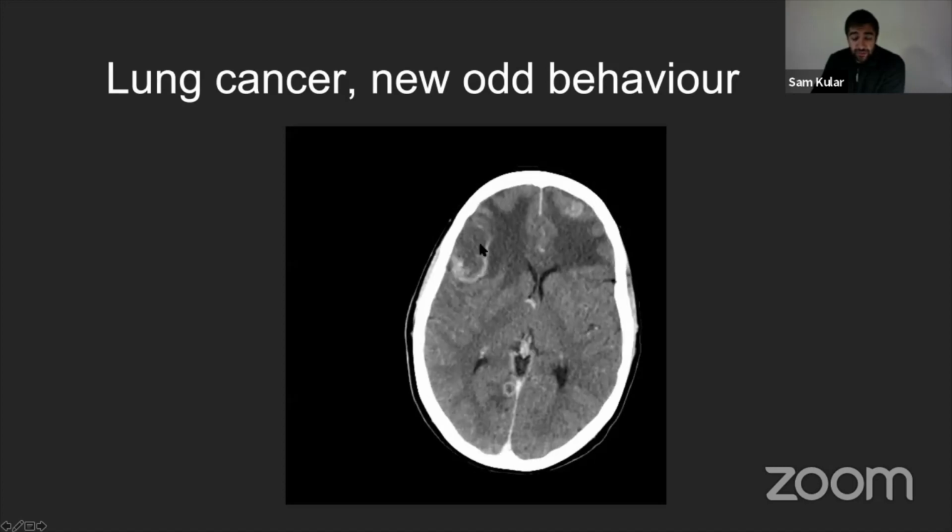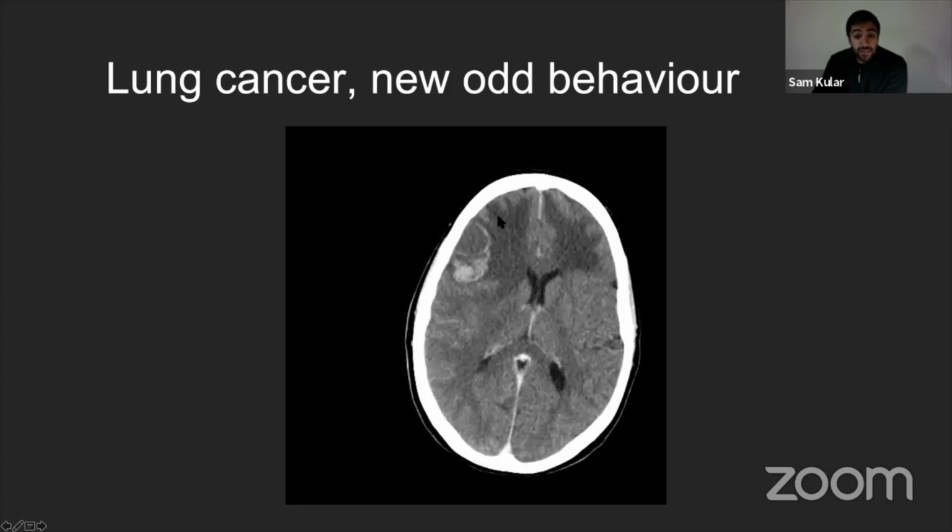So these are different to, well, the differential for this appearance could be potentially stroke, some could say, given that there's a lot of dark material around the outside of the brain, which is edema. This is a different type of edema to the edema that we see in stroke. In stroke, we tend to get what we call cytotoxic edema, which is where the edema will affect the grey matter as well as the white matter. Whereas this type of edema, which we tend to see in metastases or any inflammatory or infective processes, is called